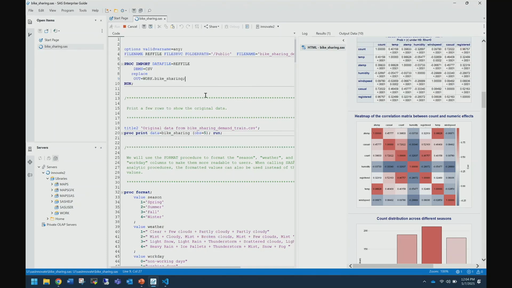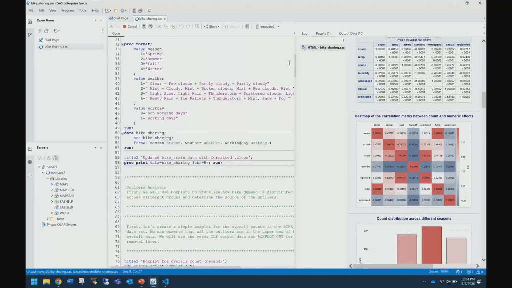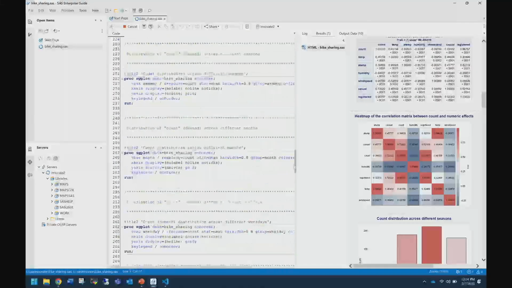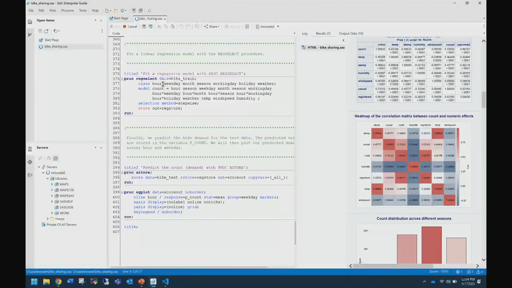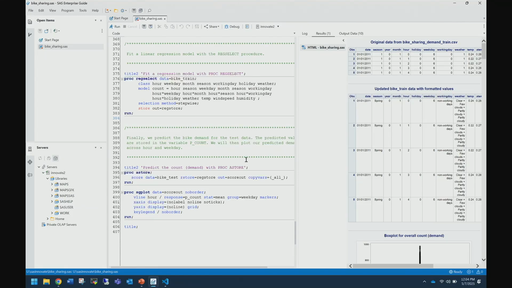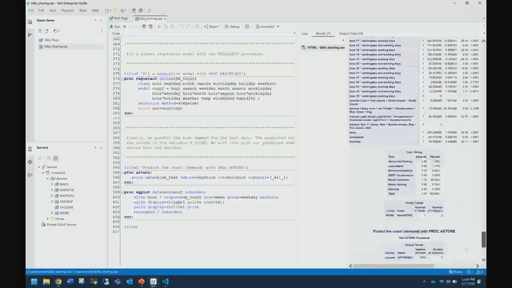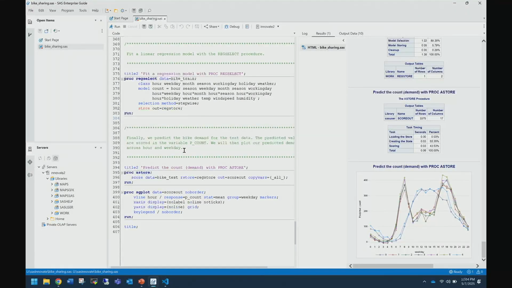Now let's copy and paste it and run it in Enterprise Guide. Just to show it off, it's that reg select running against a local SAS data set local to the compute cluster, and running the proc A store and the plot, and then producing the same results.